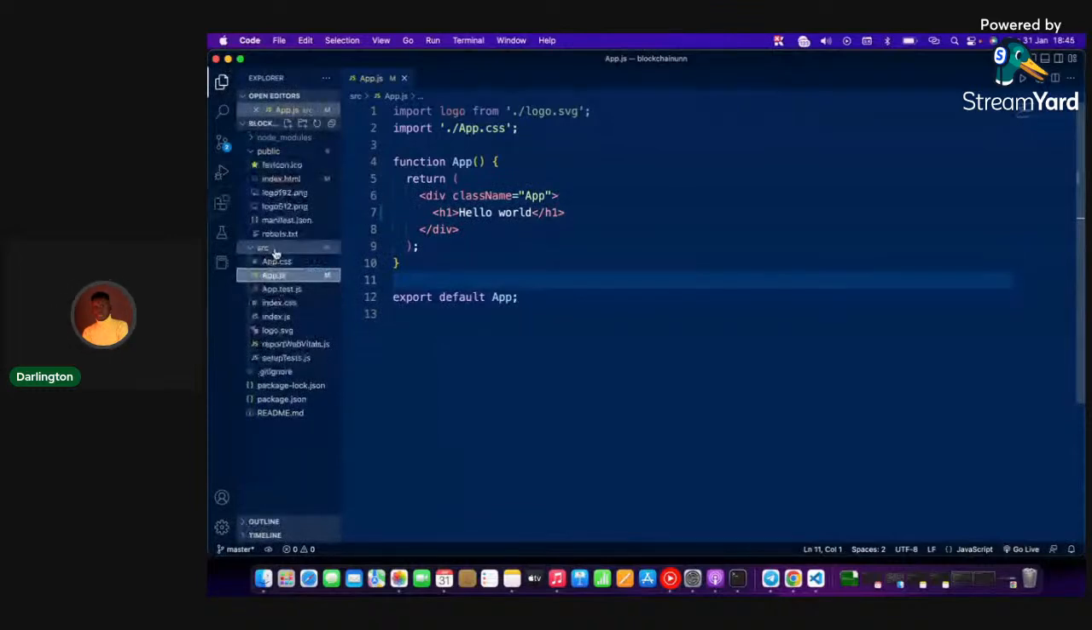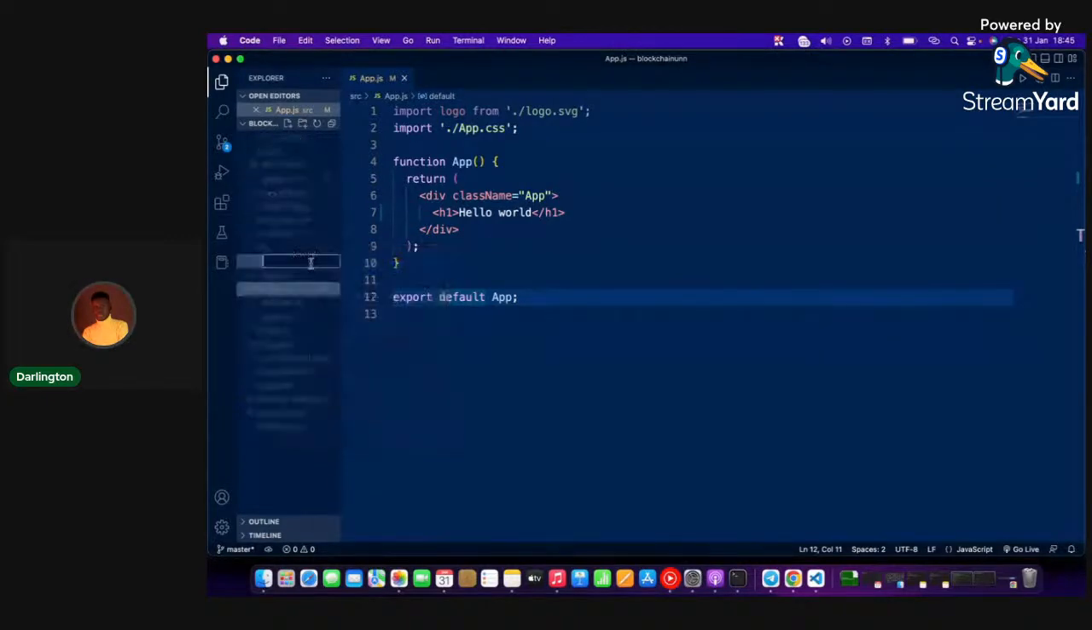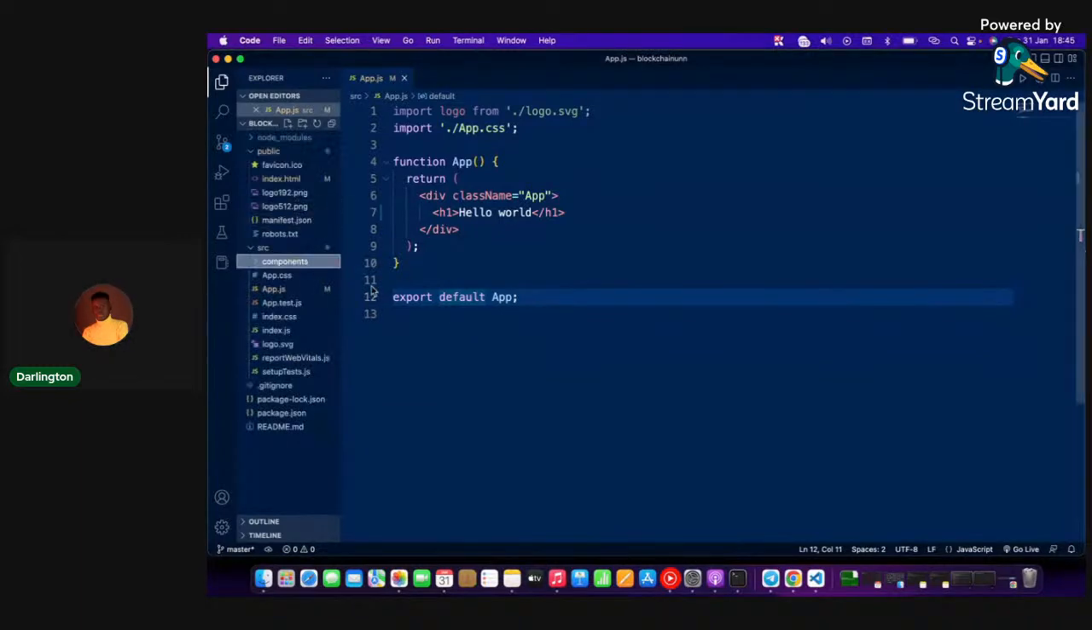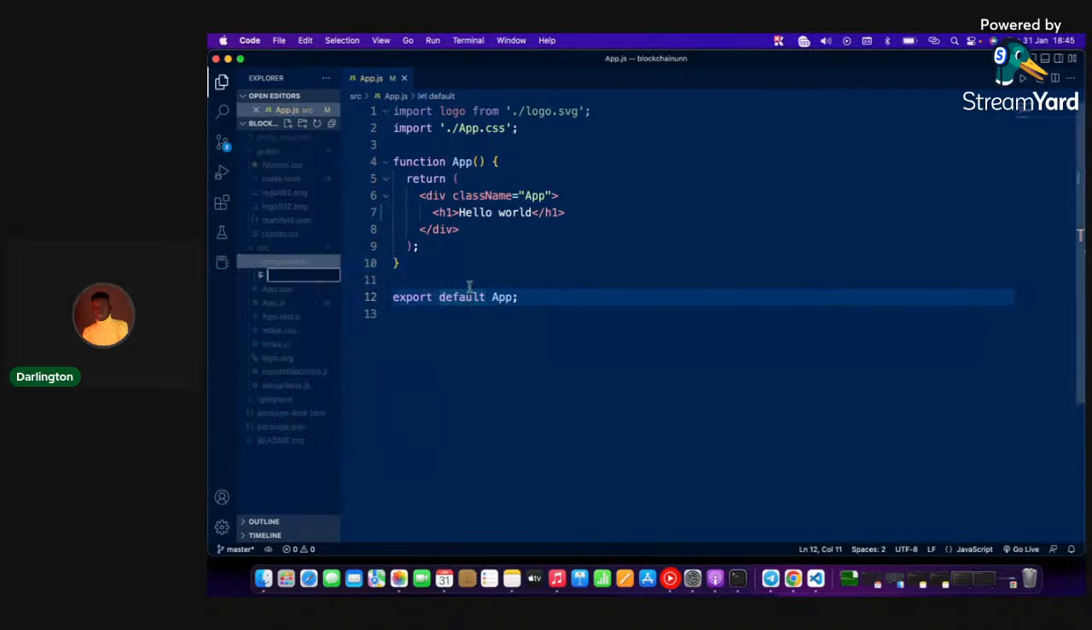So we are going to create a new folder. Not a file. We're going to create a new folder inside our source directory, and we're going to call this components. Now, inside our components, we are going to create our first component, right? And this first component, let's just call it